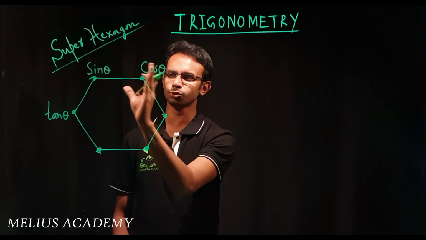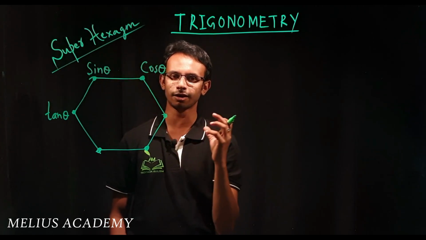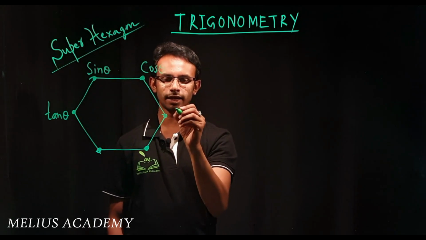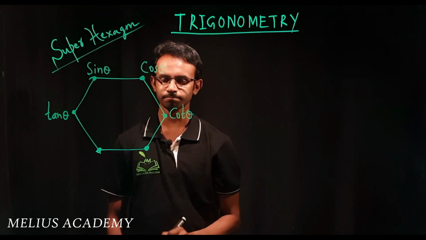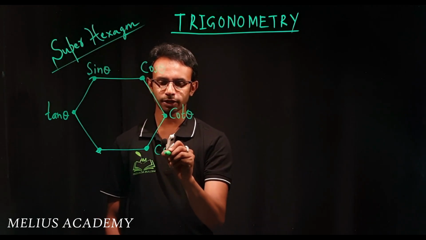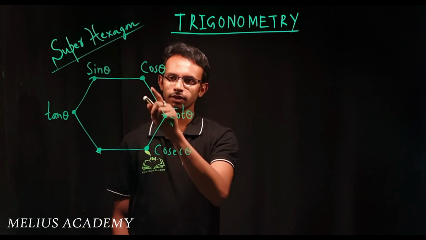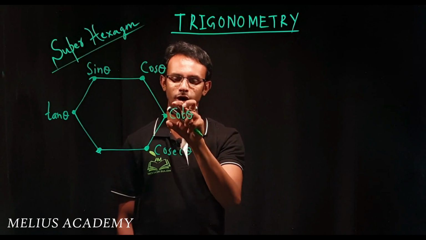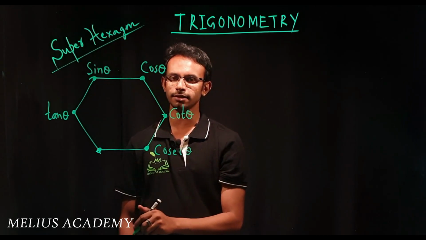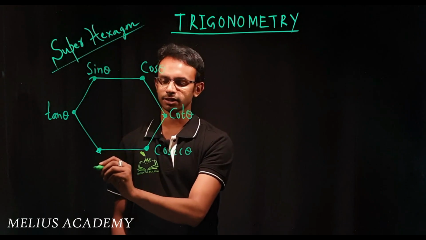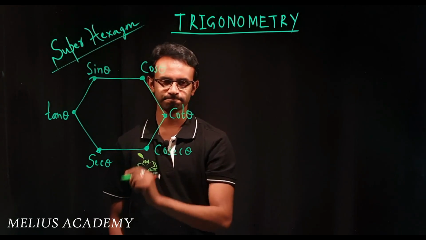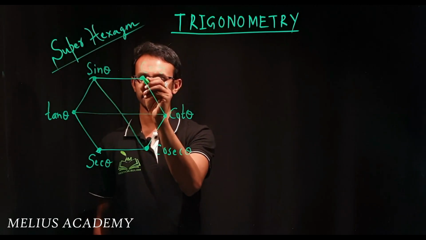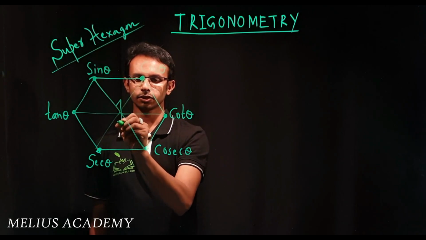I generally call these two as husband and wife because they always are together. So tan theta, sin theta, cos theta, exactly opposite to tan, you have to write cot theta. Then this vertex is cosecant theta. The way I remember this is these three vertices start from the letter C: cos, cot and cosecant. It will be much easier when I join the diagonals. The left out function is of course secant theta. Let us join the diagonals: sin with cosecant, tan with cot and cos with secant. At the center you write number 1.